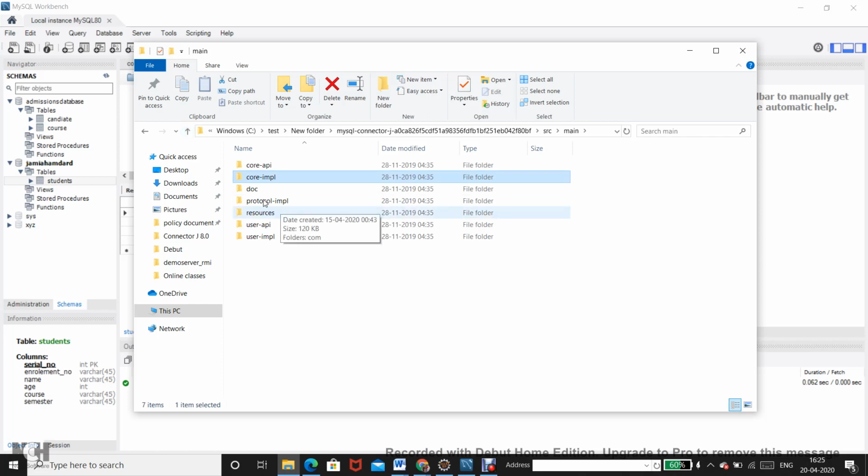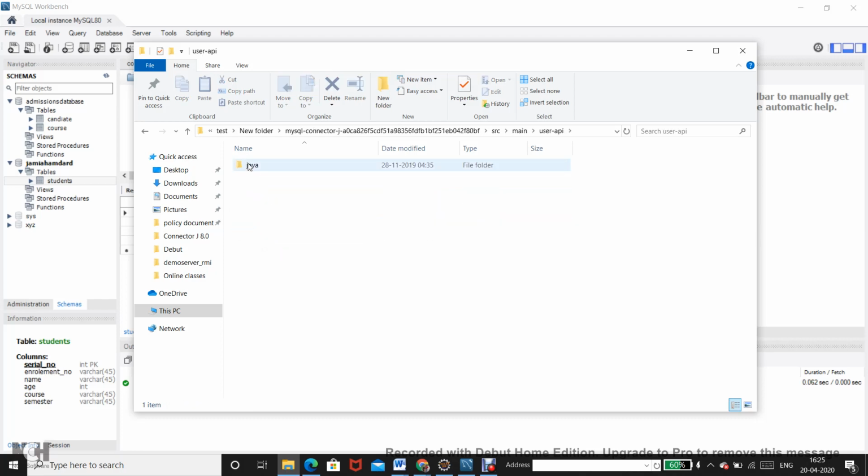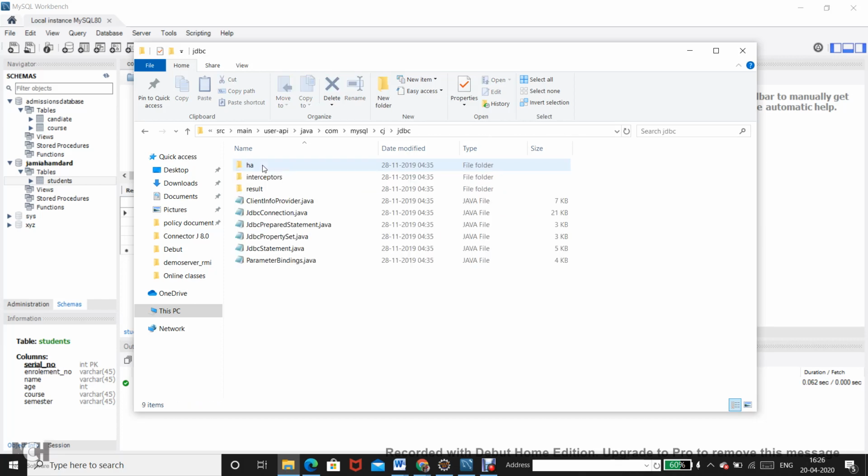This is actually a different version of source code that I have downloaded. Let me go to this folder, com.mysql.cj. CJ is something which is coming in between. I will tell you the mystery of the CJ. Assume that it's just com.mysql.jdbc.